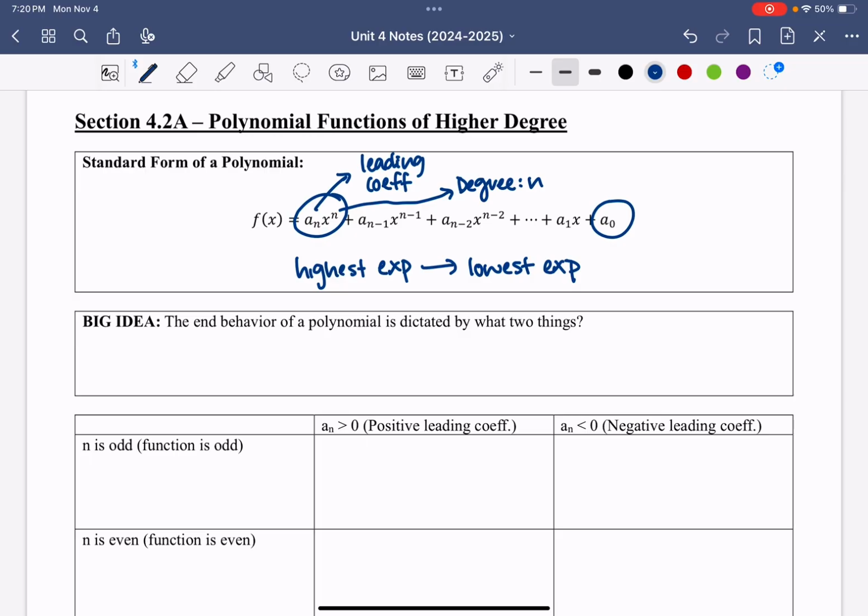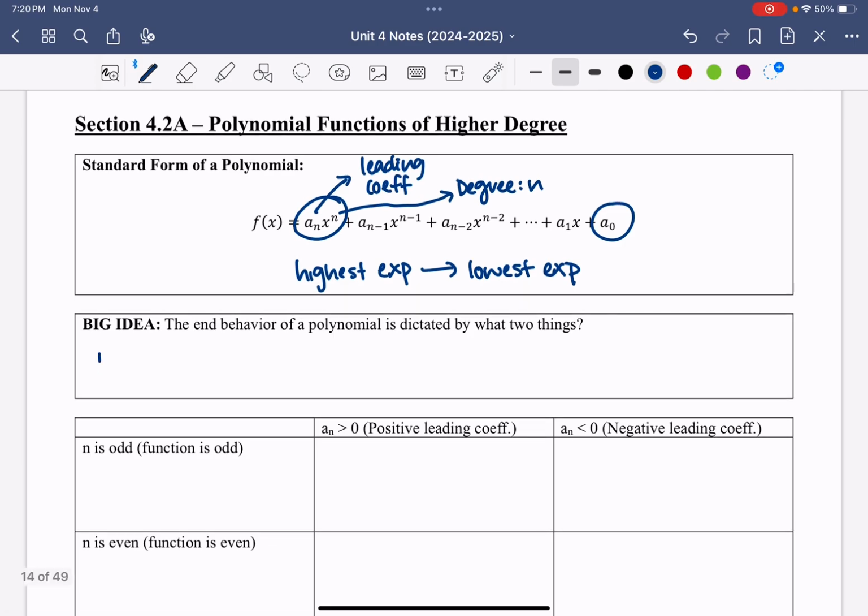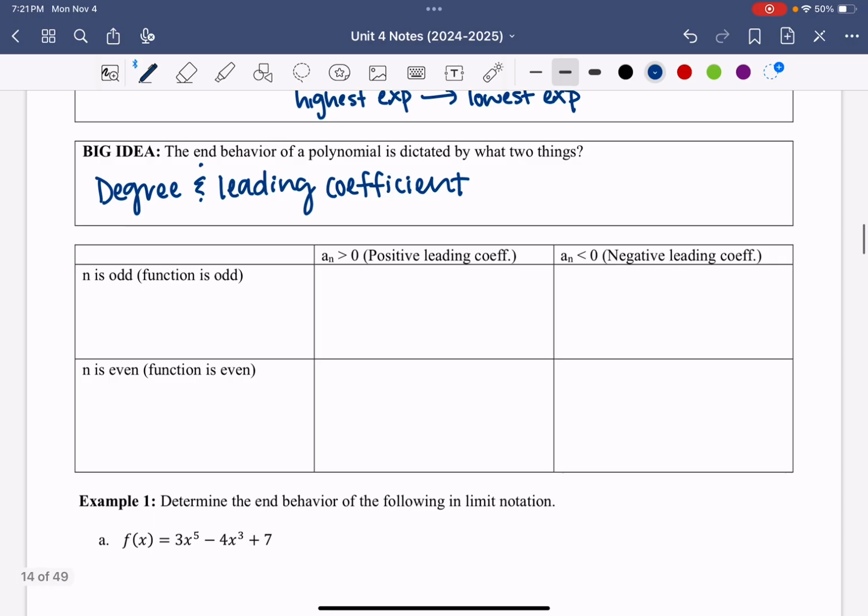So the reason that this is important is that leading term is going to dictate the end behavior of our polynomial. So we need to take a look at what the degree of the polynomial is, or that highest exponent, and then we also need to take a look at the leading coefficient. Okay, so it's important to us to know what the graph is doing long-term on the left and on the right. So for this, I like to think of some model functions that are going to kind of help represent